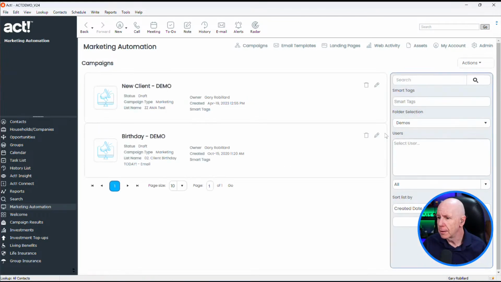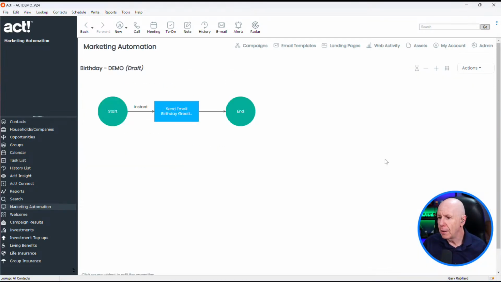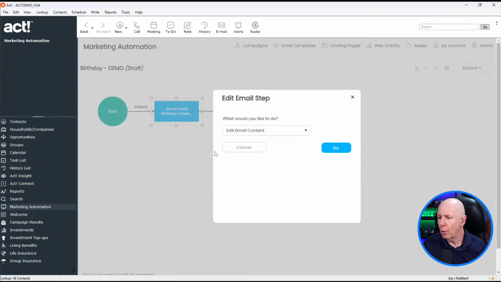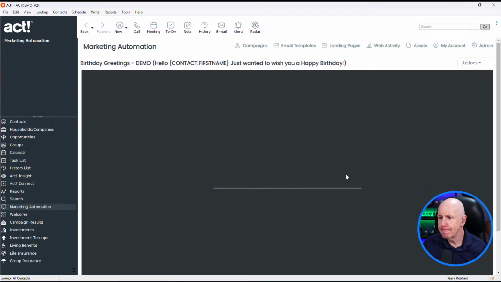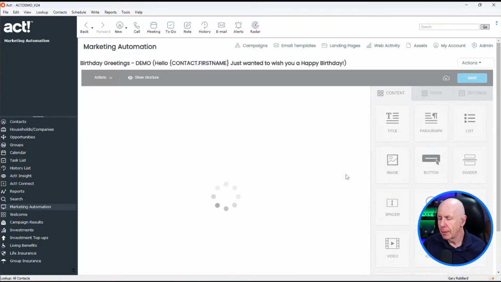All right, let's go back. So what we're going to do is show you the new one. So let's take new client, let's take the birthday one first. This is a simple one, and this could be used for anything, but I'll give you an example here. So in the birthday one, if I go in and I want to look at my template, see what it looks like.